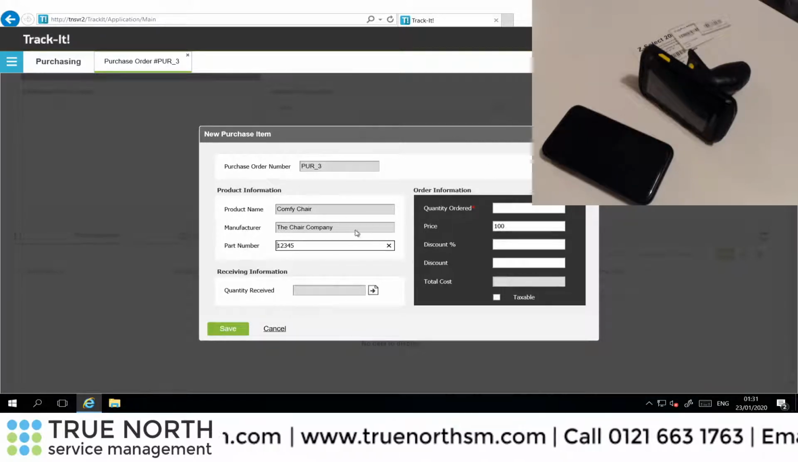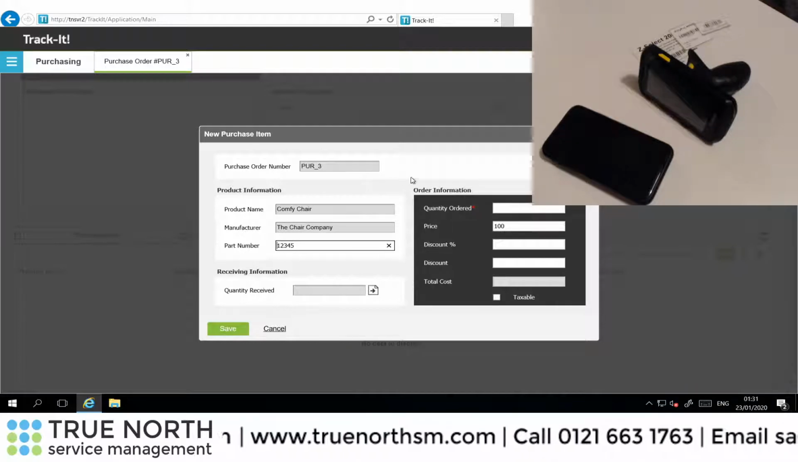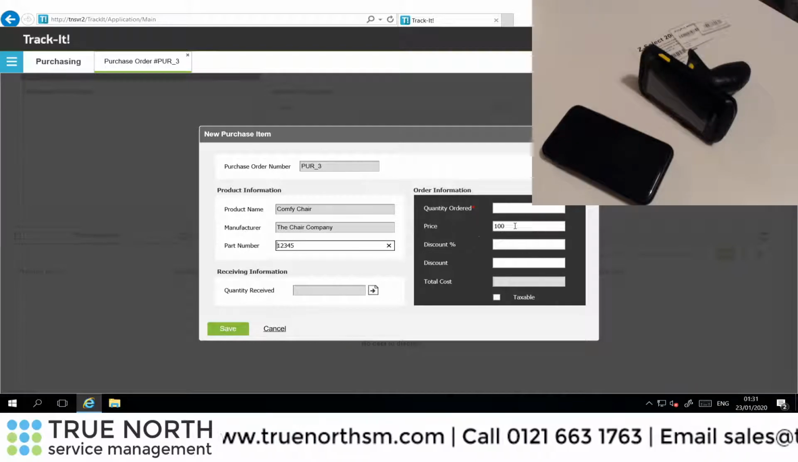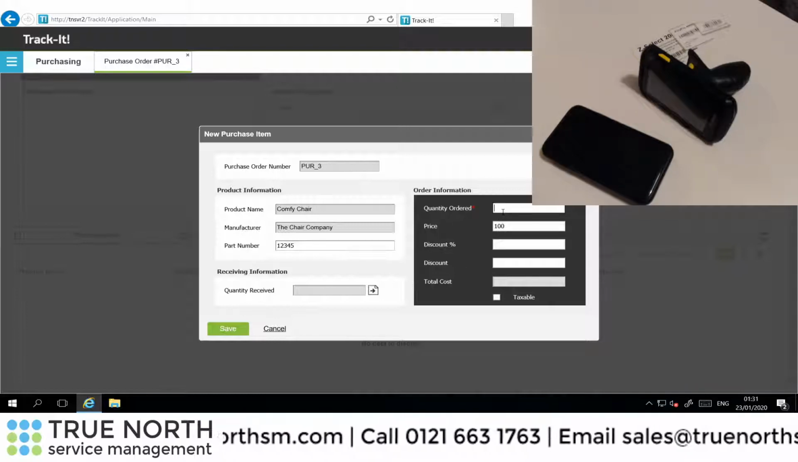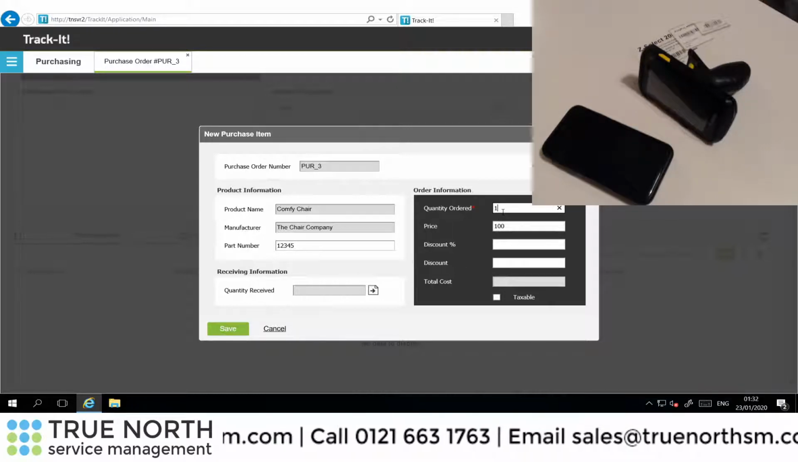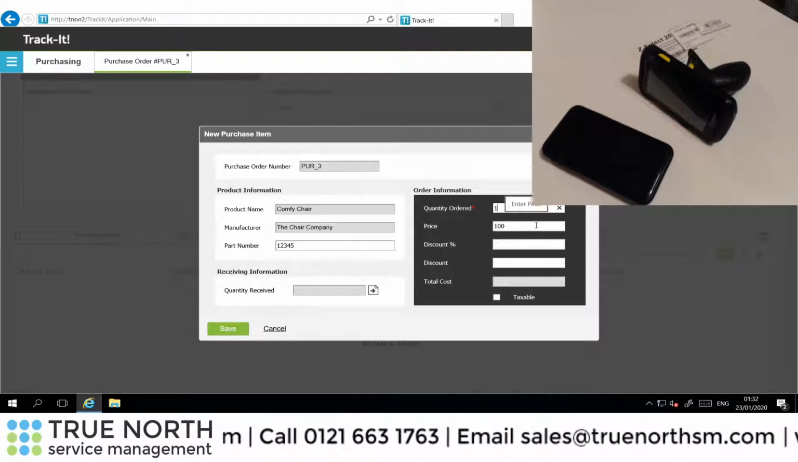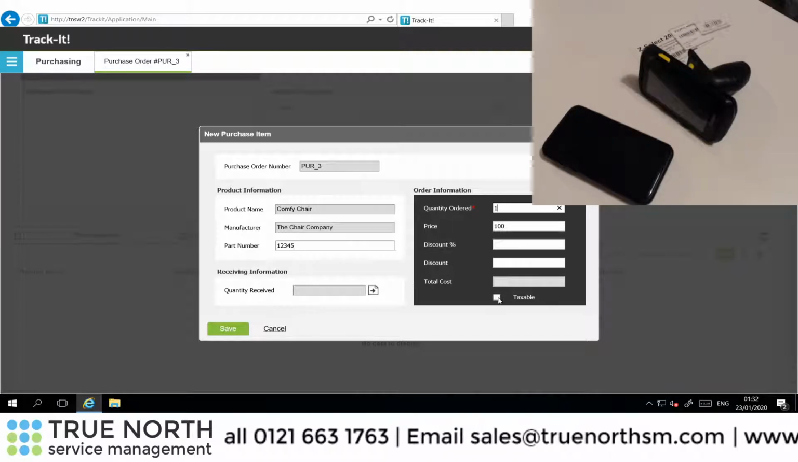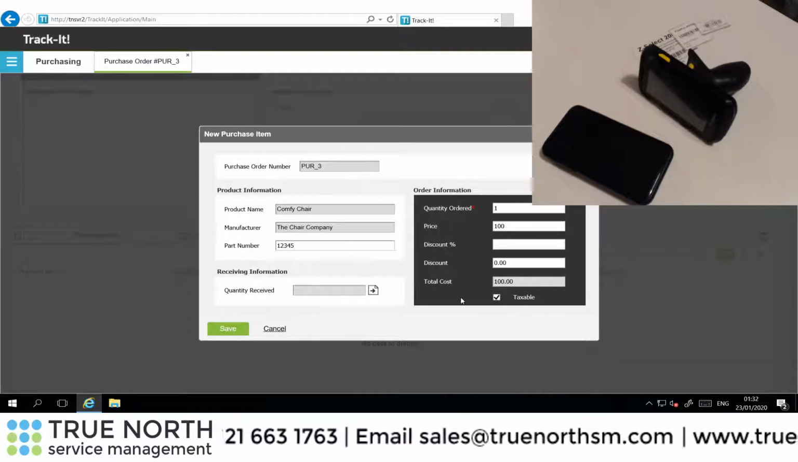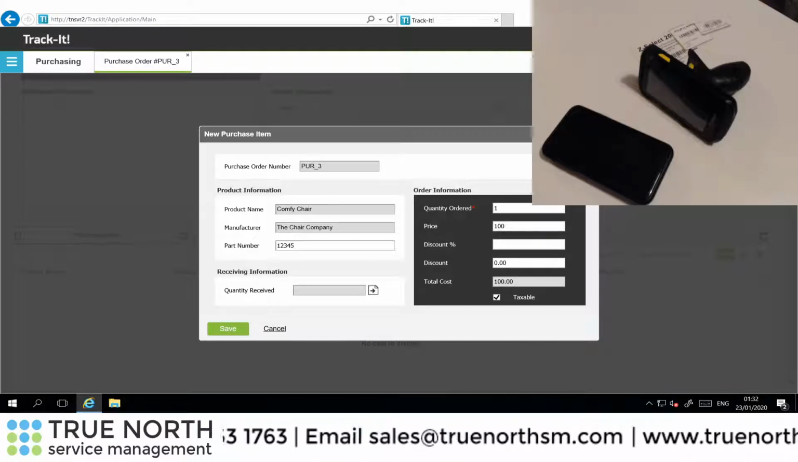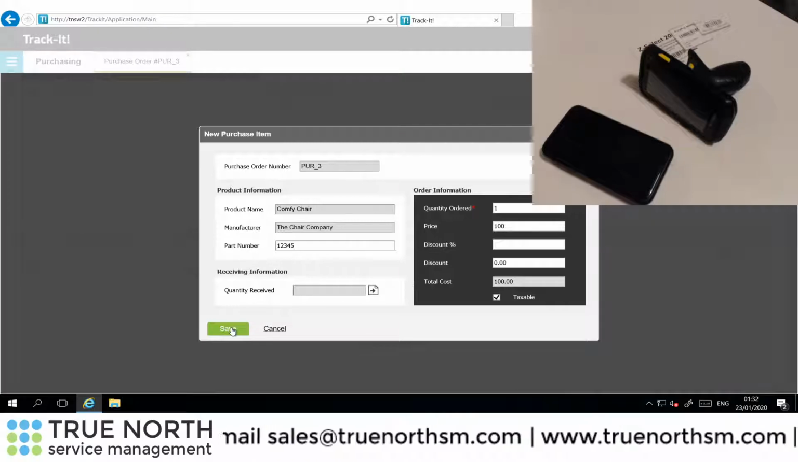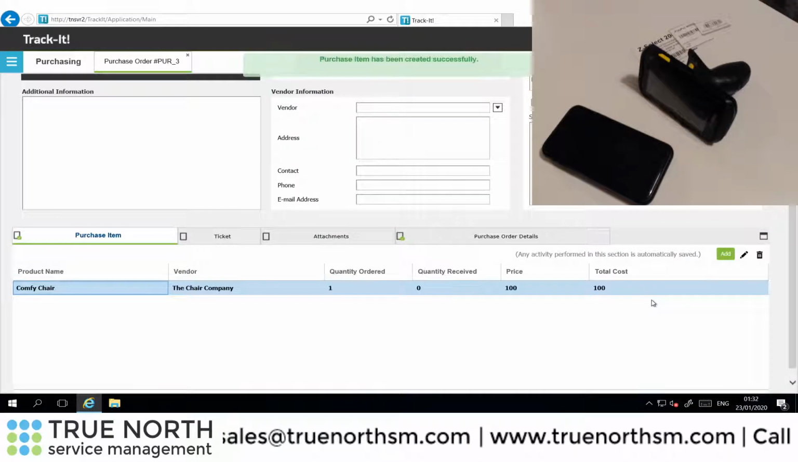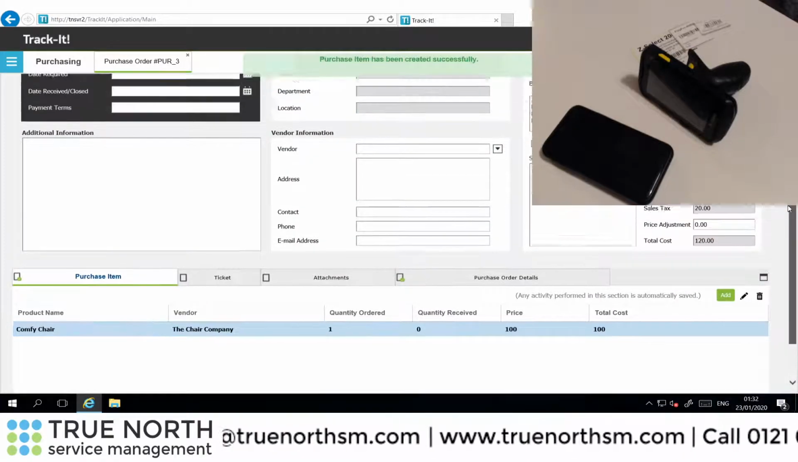So we can see some product information there. And then on the right hand side we've got the order information, so you can see there they're £100, and I can order, well, put in a quantity. I'm only going to order one here, but obviously if I ordered 2 or 3 it will calculate that. If there's any discounts associated with that, you can put that in there and that will record the discount. Then click on save. So there we are, we've got the purchase order created and we've got some items for